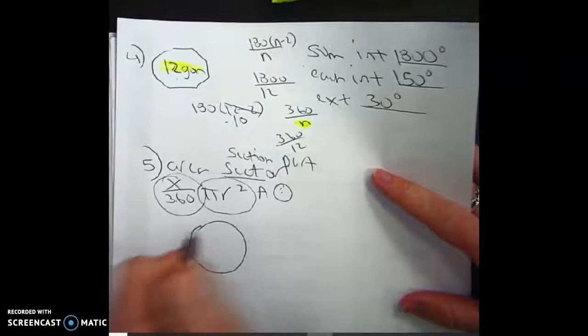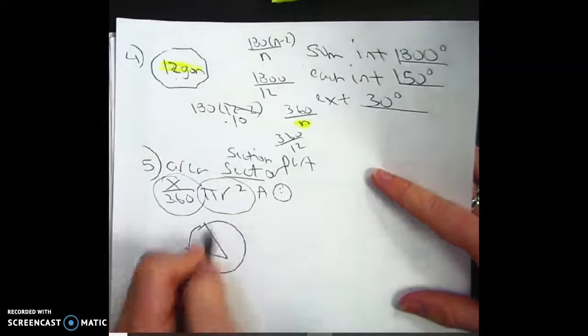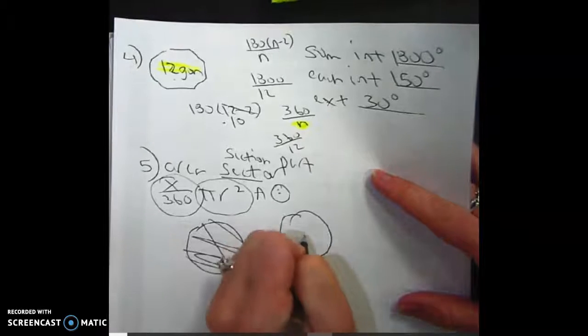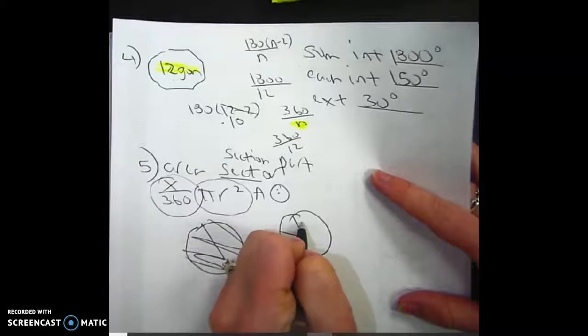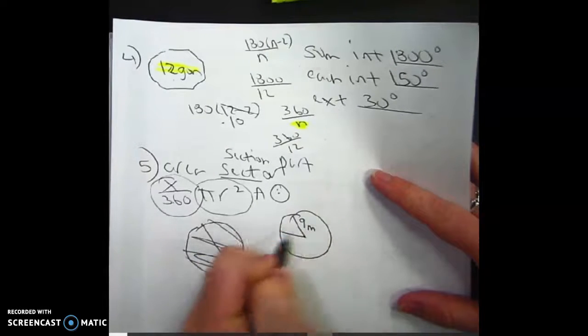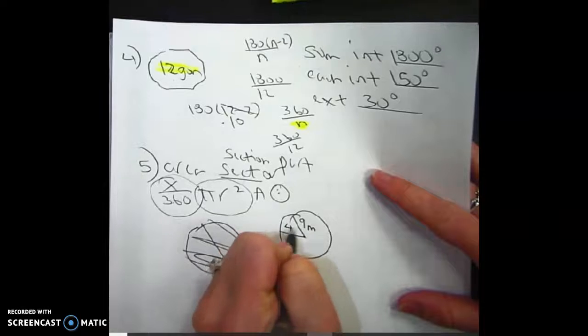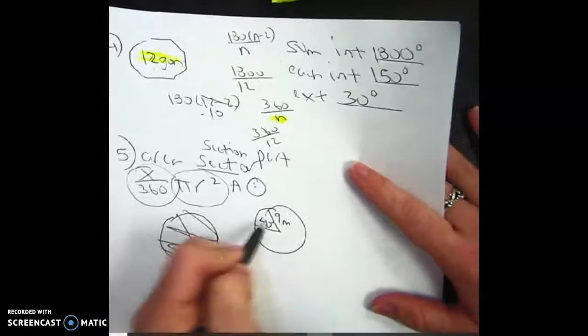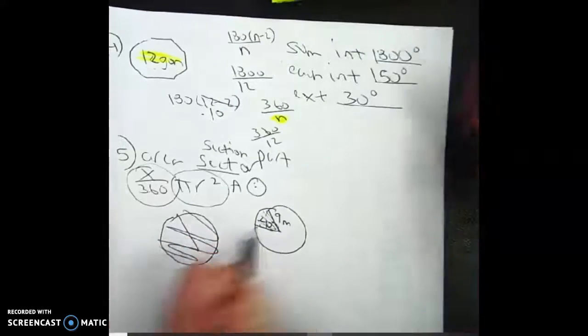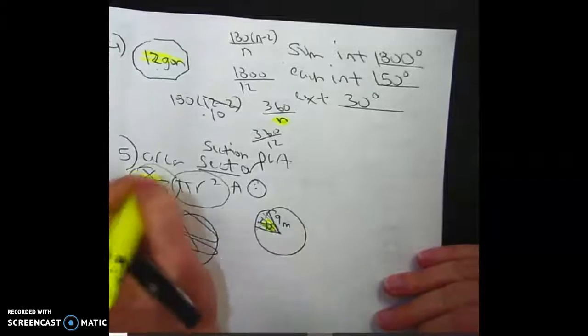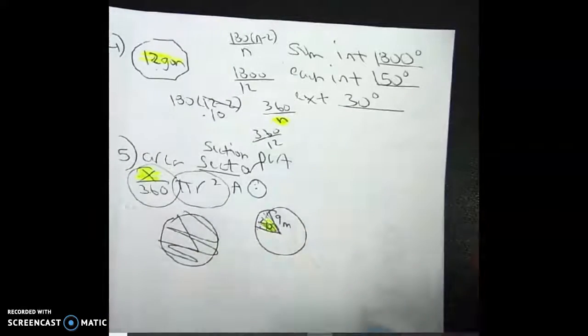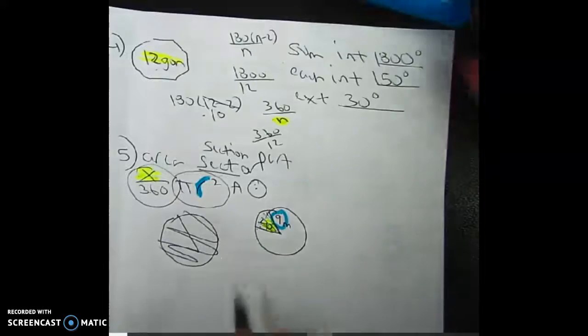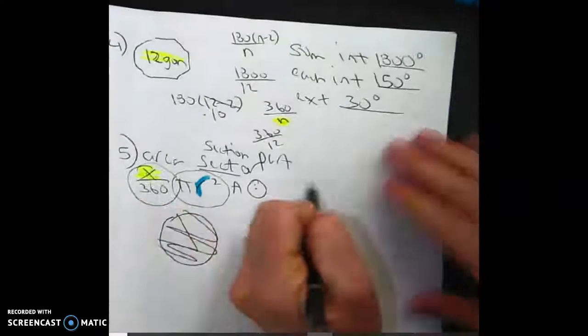So what you're going to do is you're going to see this. Okay. 9 meters, and then let's say this is 40 degrees. Okay? So they just want to know the area of that region. So I'm going to take the 40, and that goes in there. And then I'm going to take the radius, because the radius implies half, and put it in there. So I'm going to go 40 over 360